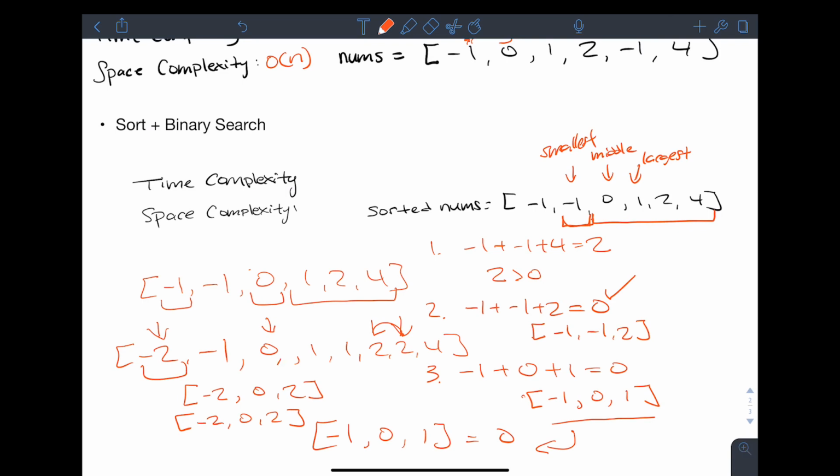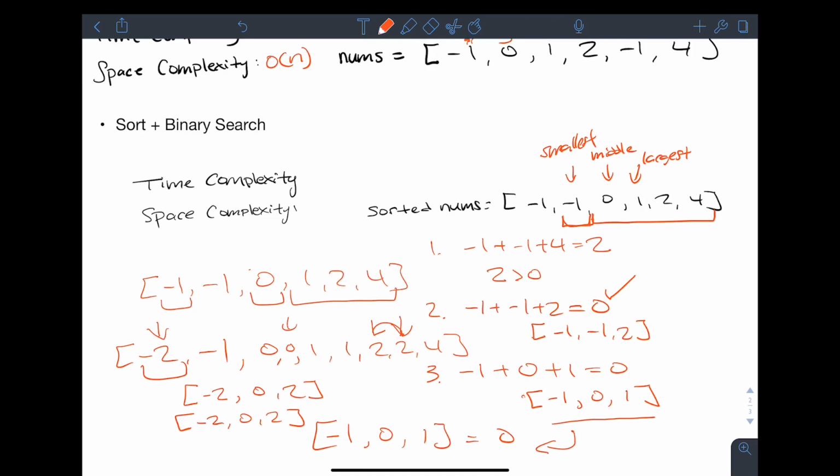And actually, to make this example more complete, there should be another 0 here, so that the left pointer would also be pointing at the same number as well. So we see that if we don't skip the left or right pointer, we would possibly end up with the same solution set. And to avoid that, we also want to skip duplicates when decrementing or incrementing our left and